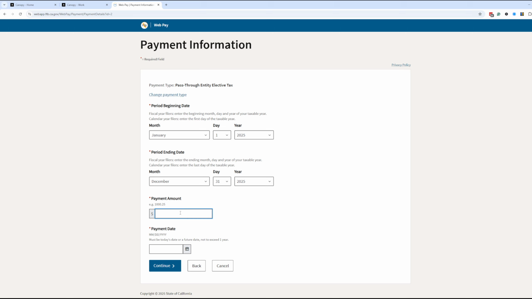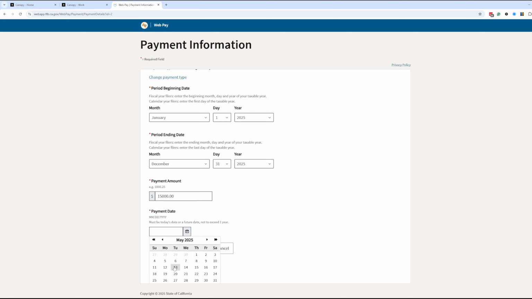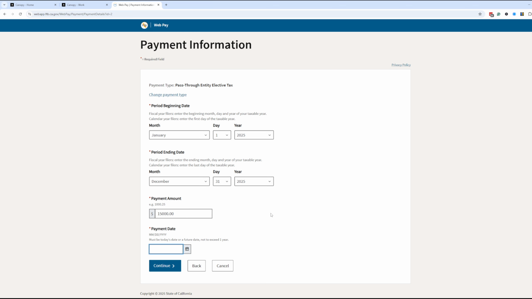The payment amount you want to put is going to be the same as you see on the voucher. So whatever that amount is, you just go ahead and put it there. And then payment date, just make sure you put the right payment date. Obviously, keep in mind to make sure you make the payment before June 15th. Once you put the payment date,